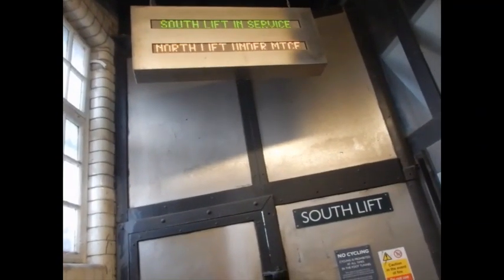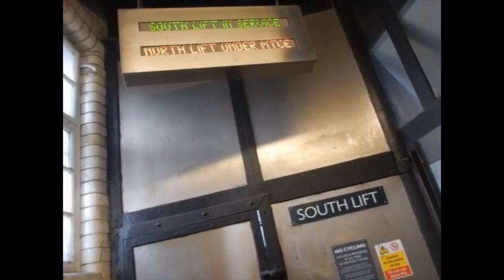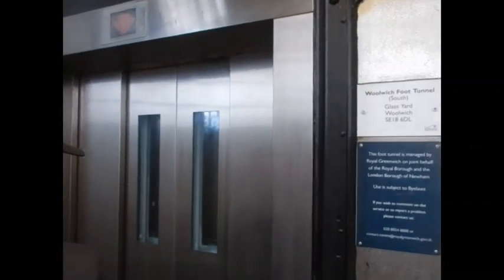So the south lift in South Greenwich is working. The north lift on North Greenwich is not working. So this is an old Victorian elevator again. The wood panelling. It's a hexagon-shaped elevator. I just can't film it here. Okay, we just came out the elevator. We're just going to